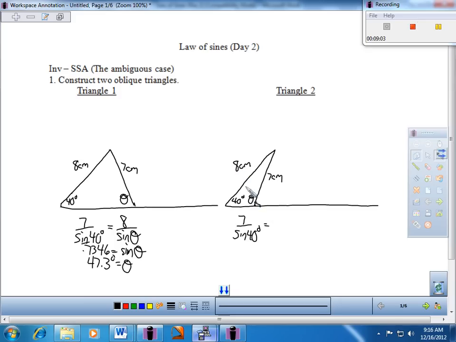It's still across from it in our non-right triangle here. I still get 8 over the sine of theta. And interesting, I get the exact same proportion as I did at the beginning. I would cross multiply and solve, and I would end up with the same thing right here. So sine of theta equals